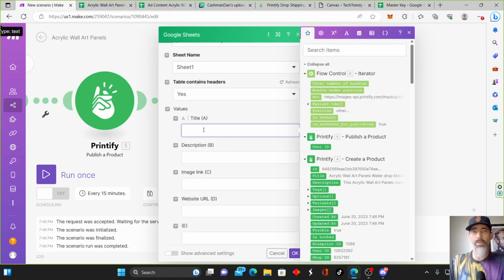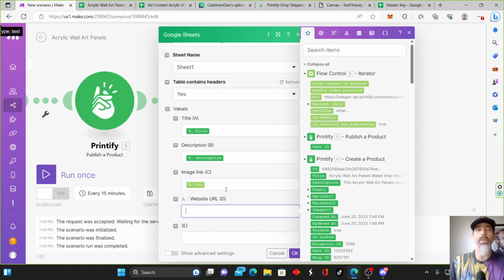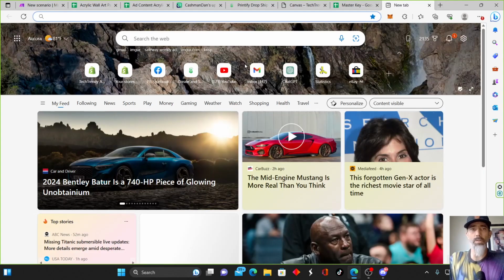So title, description. This is the description that Printify used. Image link. I like to use this link here. This is going to be one that the flow control iterator picks out. And then website URL. All right, so now if this is a new product that your website isn't using, I don't know, I don't think mine is yet. So you would have to go to your